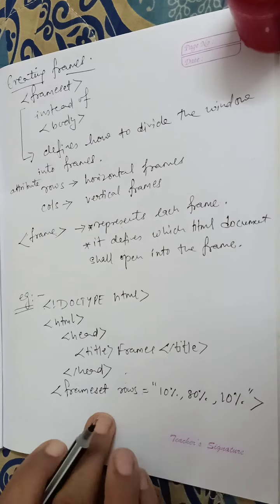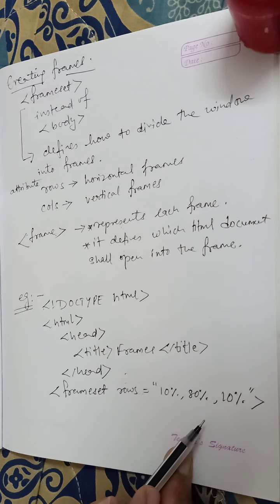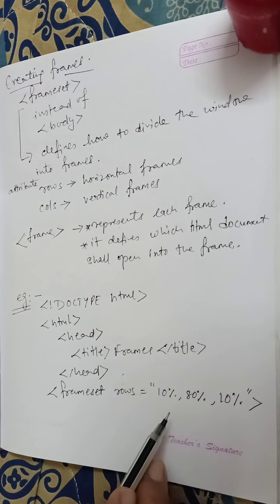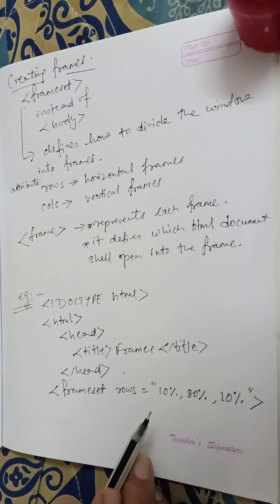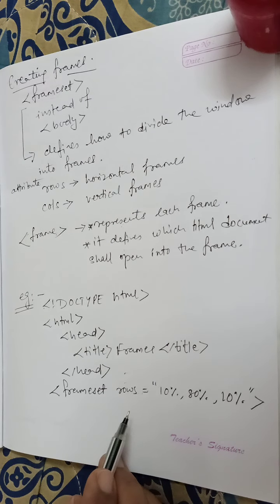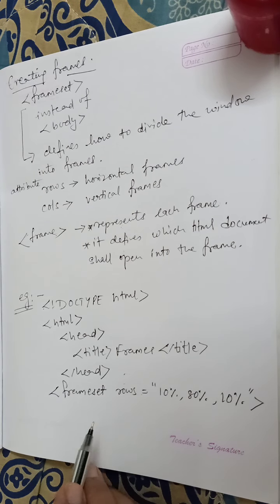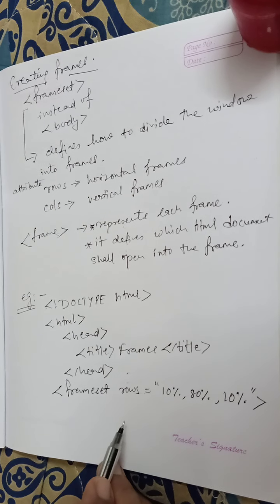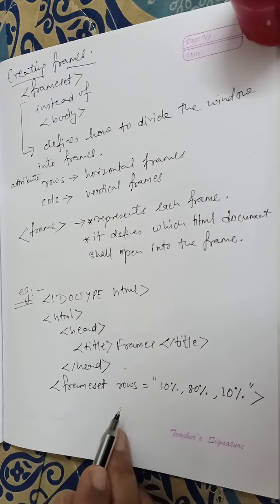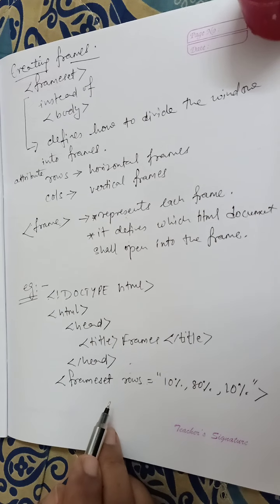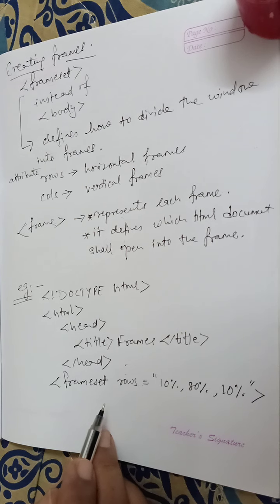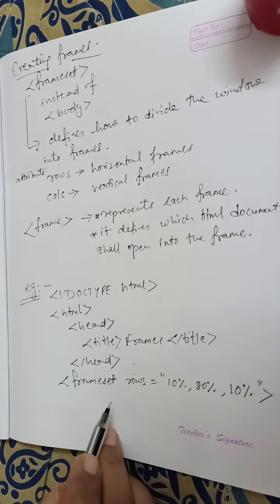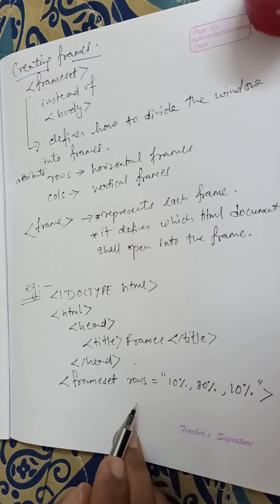Okay, so this is how my screen will be divided. In this statement, I have divided the screen into 3 portions or 3 partitions. But now the thing is, which document, or which HTML file, or which content should be displayed in each part. You can virtually think that each partition is one small window. Now I have to decide which HTML file should be opening in which window.